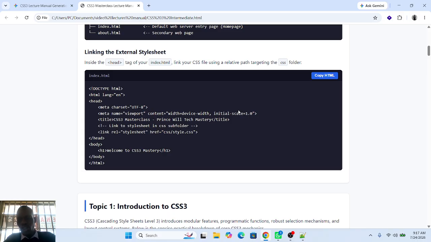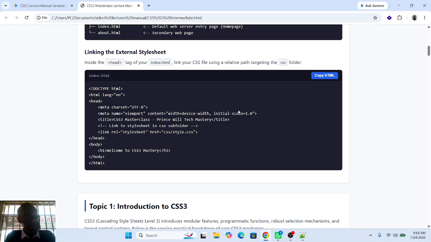it's not just about creating all of these things together. We also have to link the external style sheet. Now, I will tell you, there are three ways of using CSS in HTML. But the most recommended one is the use of external style sheet, and that's because that applies the principle of modular programming, which we call separation of concerns, whereby we have every programming language that will be used in